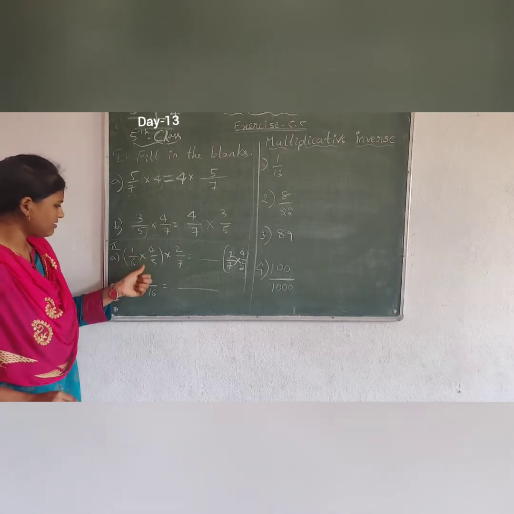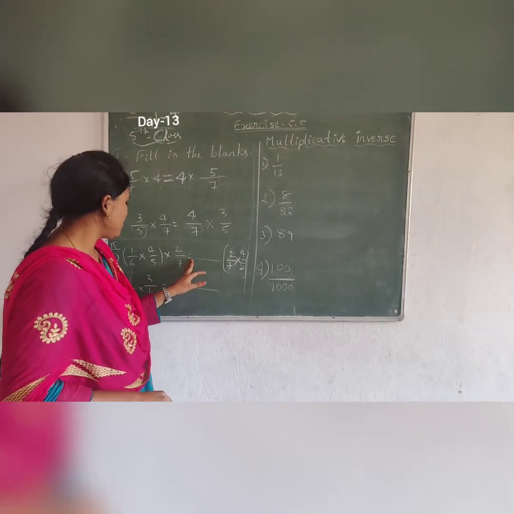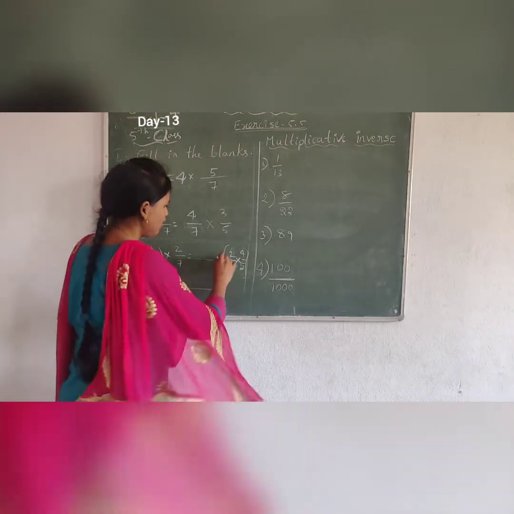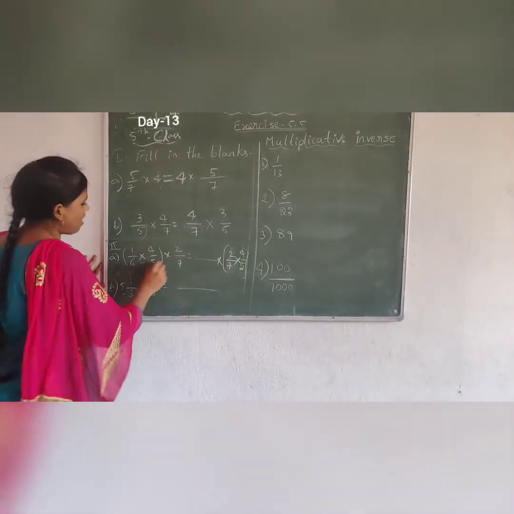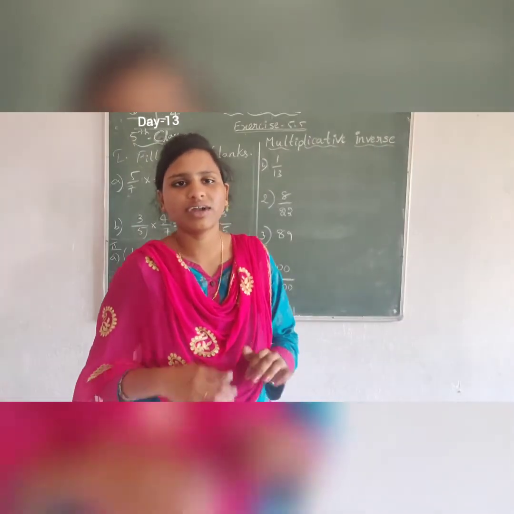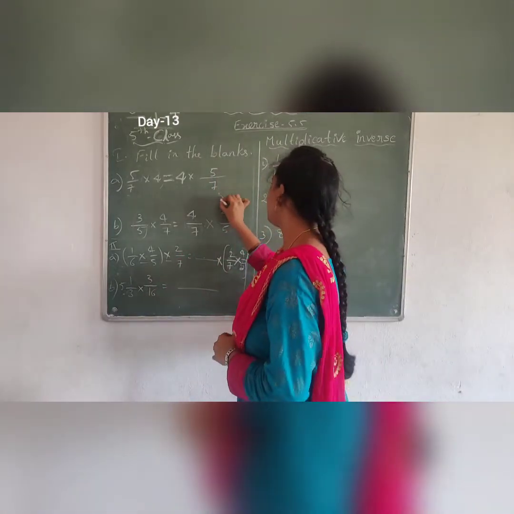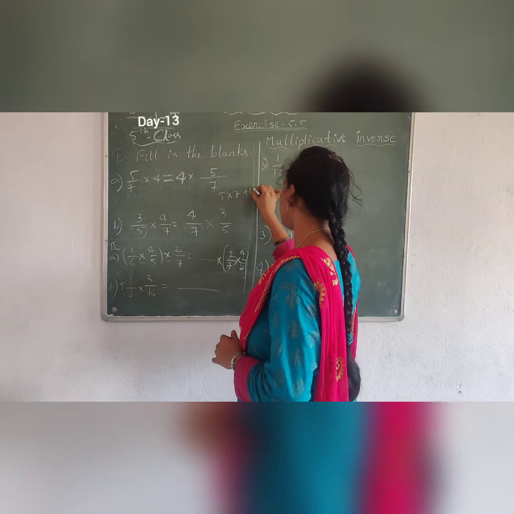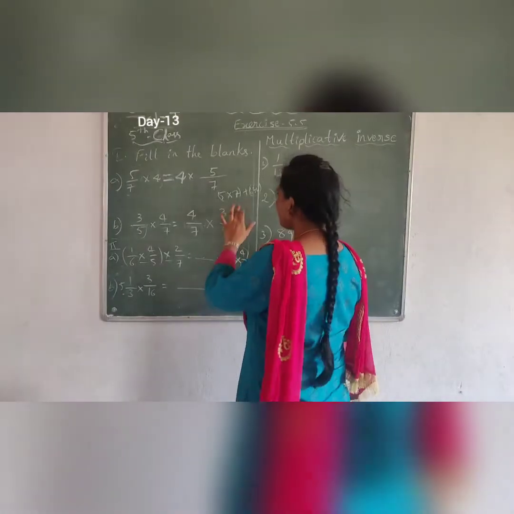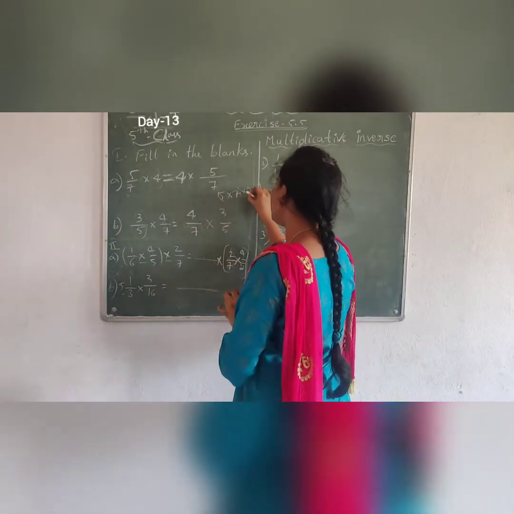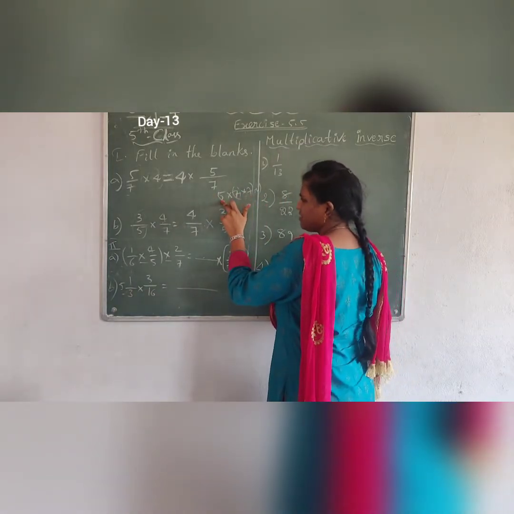1 by 6 into 4 by 5, bracket, into 2 by 7 equals dash into 2 by 7 into 4 by 7. See here, the two symbols are the same. If you have different symbols, you have to keep a bracket, like 5 into 7 plus 6 by 4. If you have something like this, you put brackets. Otherwise, no need to put them. If it is like this, you multiply these two numbers, then multiply again with this number.